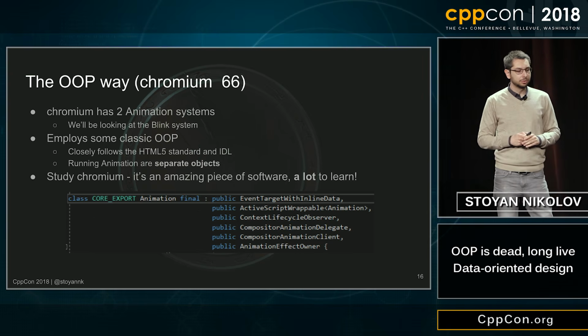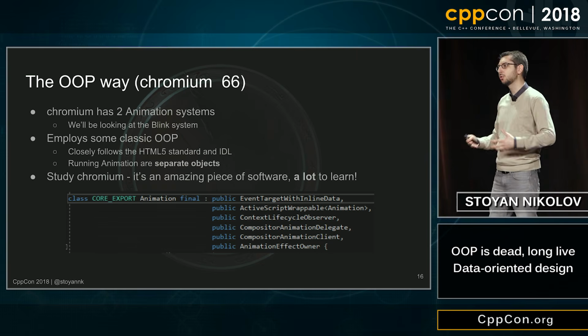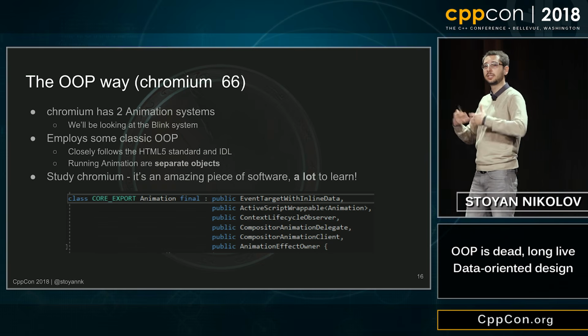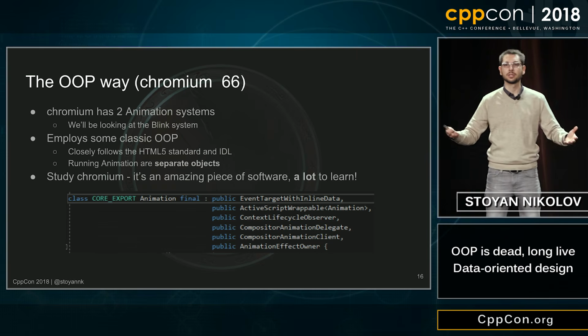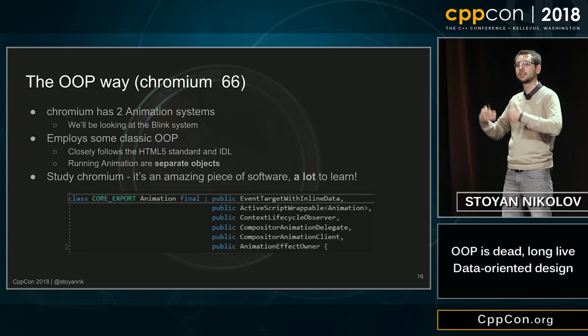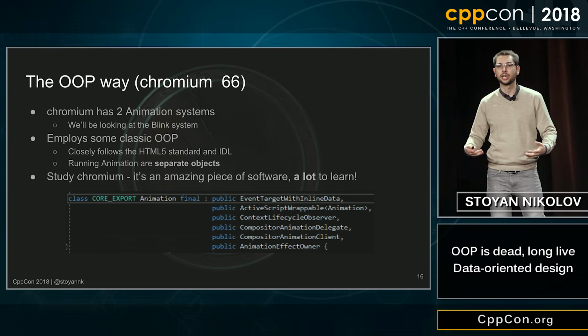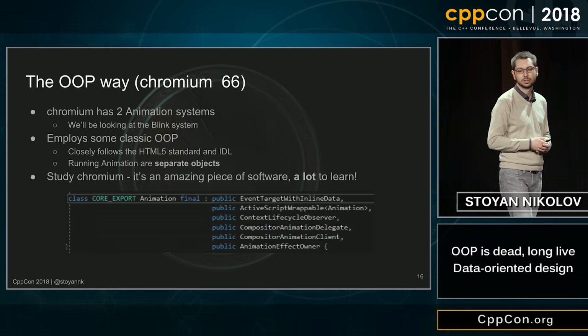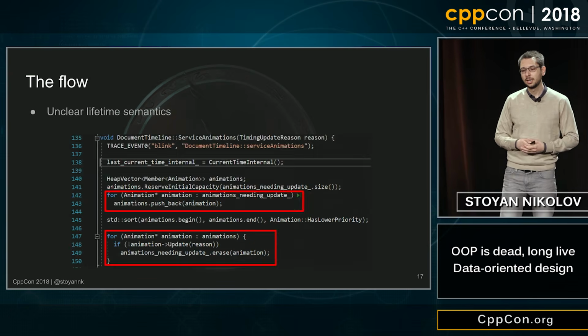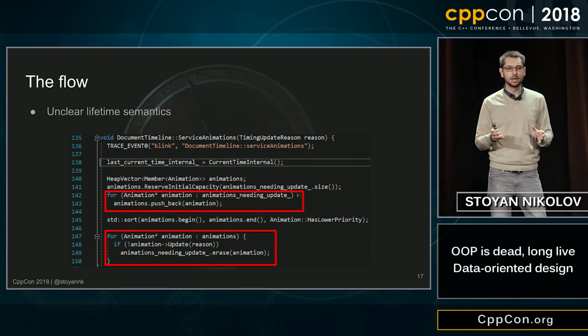Okay, so to gain a better understanding of the system, we'll be looking at the most common operation, which is ticking or updating an animation. That is, from the time and the definition, generate the new value for this frame of the property that we are changing, the new color or the new position of our elements. And we'll delve into the code of Chromium. It starts very